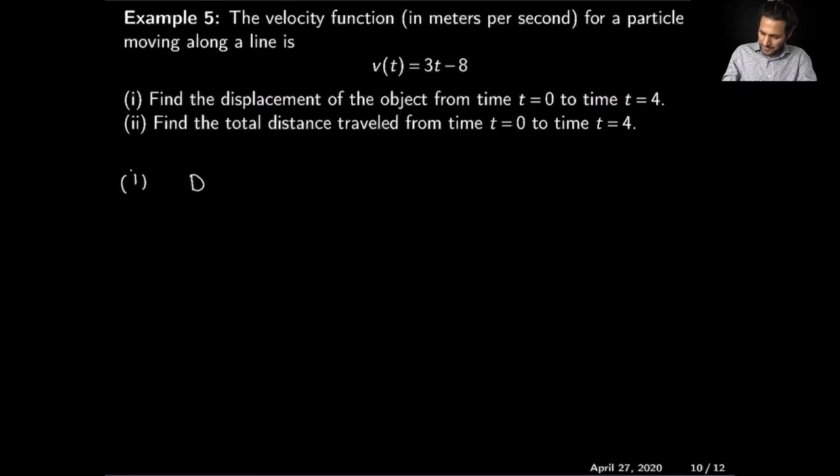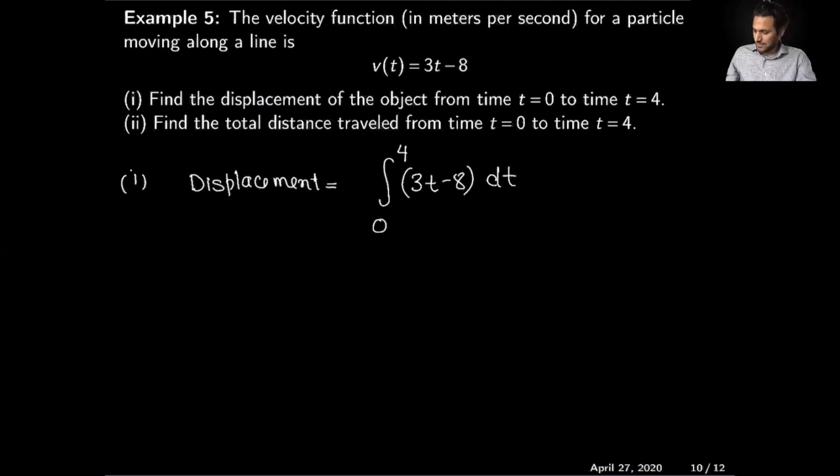So the displacement is the net change, which is the definite integral from 0 to 4 of the velocity function, because distance is the reverse of the velocity, the antiderivative of the velocity, and dt. So if I calculate this definite integral, this will give me the displacement. However, the distance will be only when the function is above the x-axis. So this will be the total change, which is the absolute value of the